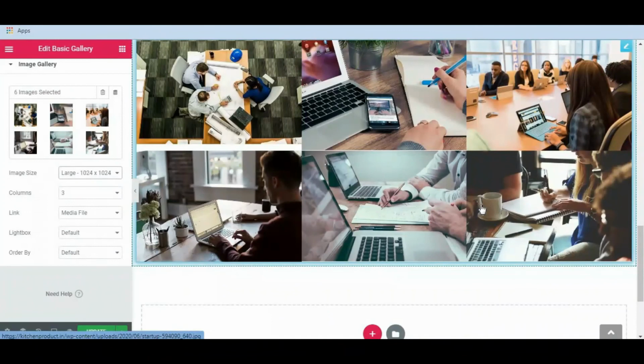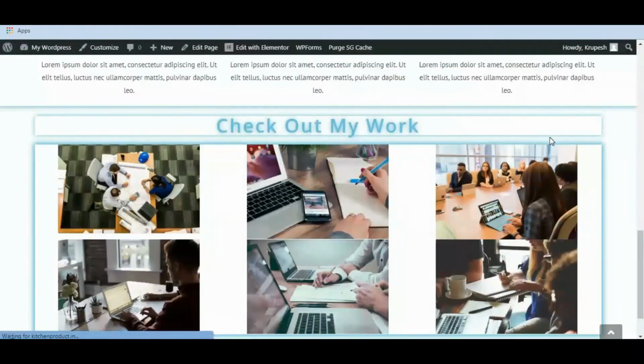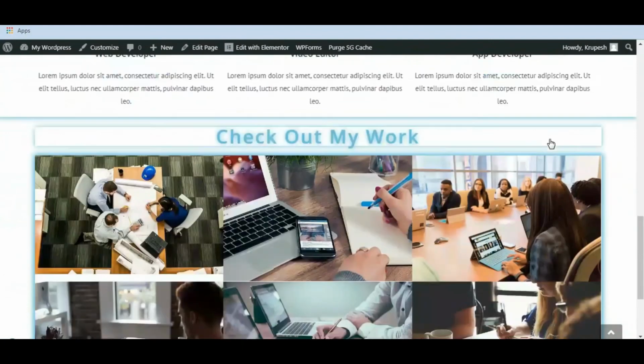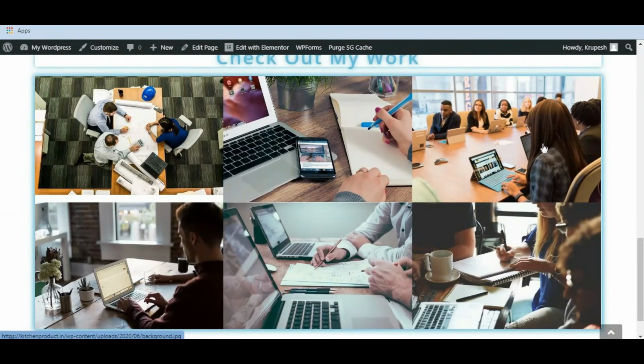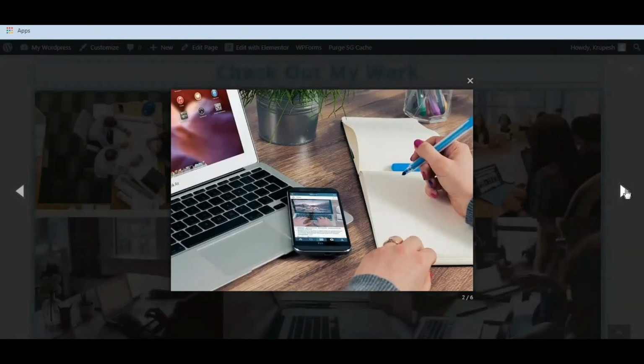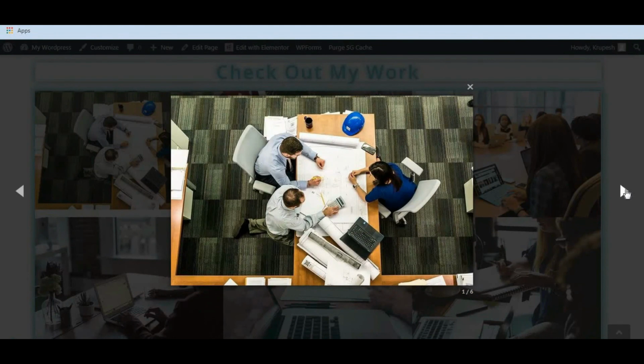Now it looks much better. Click on update. Now let's refresh the page. Here it is. Now it is looking perfect. So in this way you can show your latest work in the form of images. Okay, perfect.